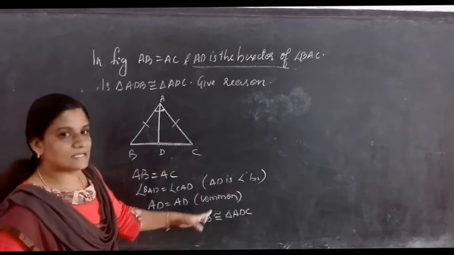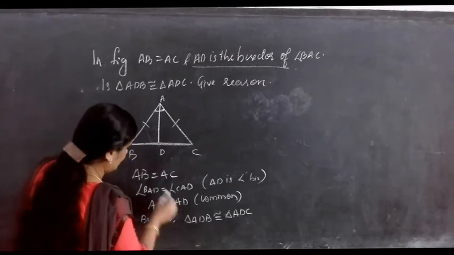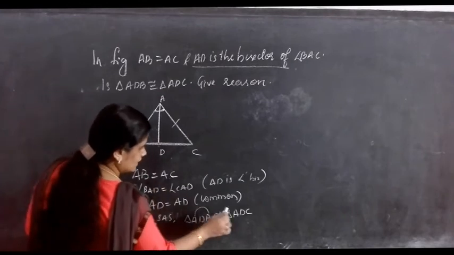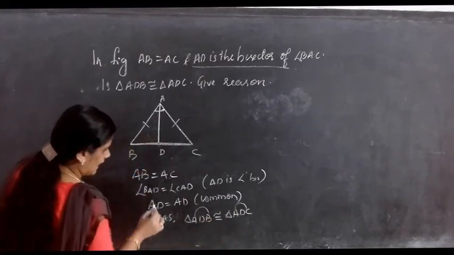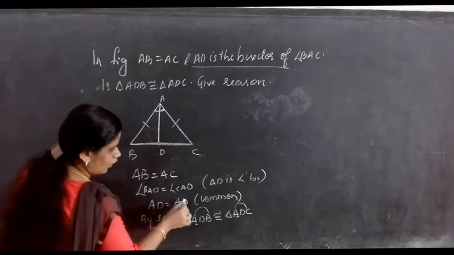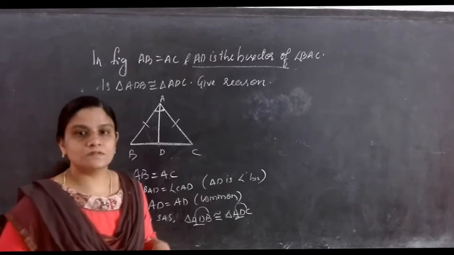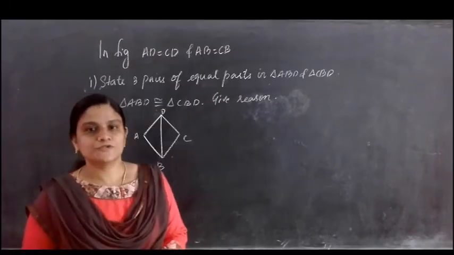So we'll check whether this naming what they have given is correct or not. What do you have? AB, AC. Next, angle BAD, so angle A, angle A. AD is the common side. AD, common side, is it? So the naming is also correct. Okay, go to the next question.